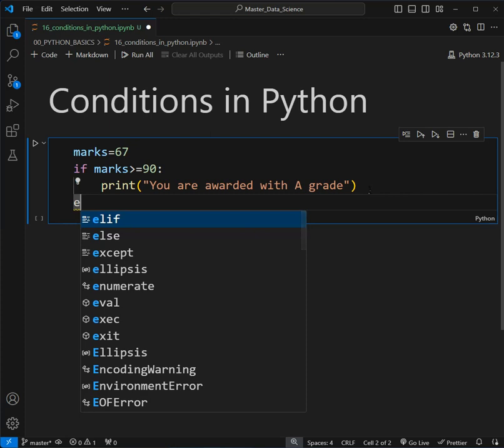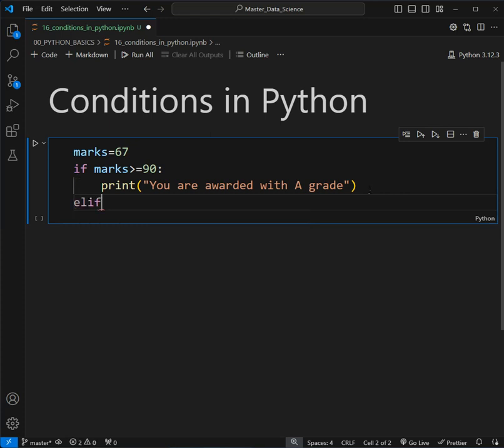to write another condition we have to use elif. In other programming languages like Java or C++, there is no concept of elif, sorry, there is an if else concept, but in Python we have elif as well. So for another condition I want to check that if marks are greater than or equal to 60, and so we are applying two conditions here: marks are greater than or equal to 60, and marks are less than